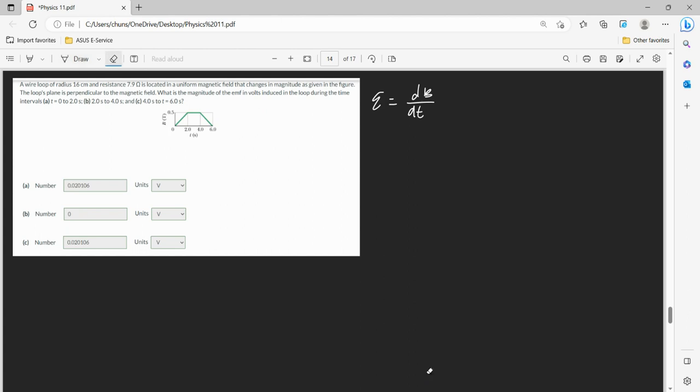Sorry, this is not right. That one is supposed to be magnetic flux. There we go. So if we were to write this equation out, we know our magnetic flux is equal to the dot product of dA times our magnetic field. And since they're both constant, this simplifies down to just BA. So if we plug that into our EMF,